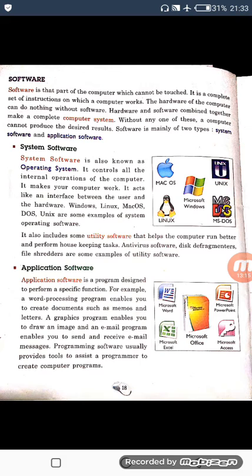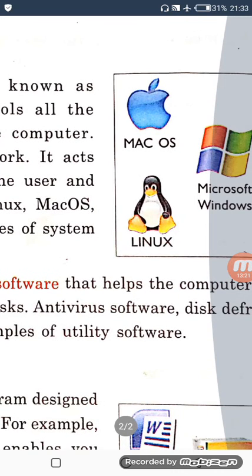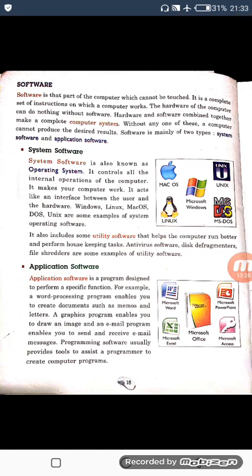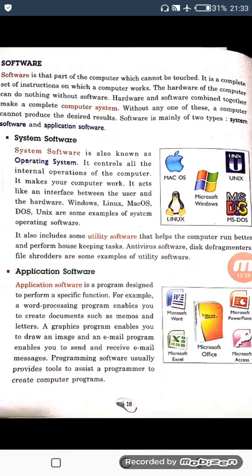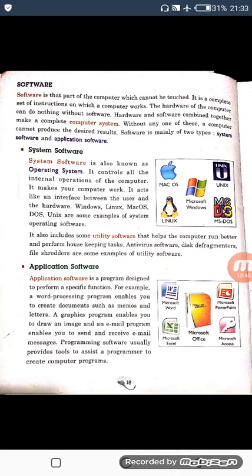So whenever we switch on our computer, we used to see that logo, or we can call it the operating system. All the internal working is controlled by this software or operating systems, and all these are examples of system software. Okay, and next one is